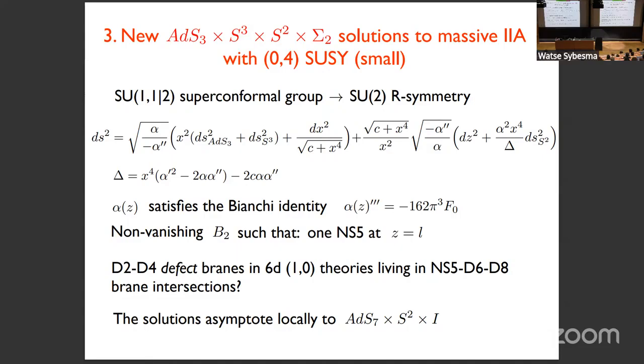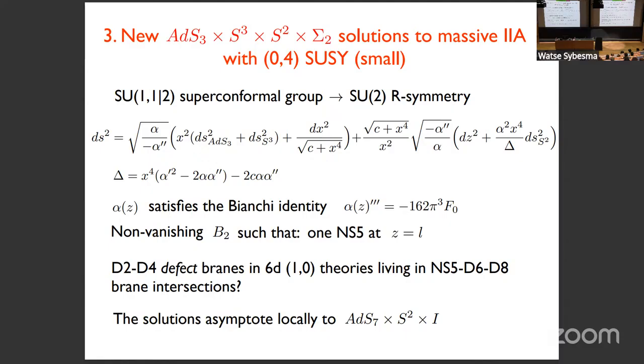So you have NS5 branes located at Z equal an integer. In the Tomasiello solutions, you also have D6 and D8 branes, and the field theory that lives in this intersection is 6-dimensional, a 6D (1,0) theory, which flows to a CFT in the UV, and this is the one that is dual to the Tomasiello solutions. Here we have extra fluxes, which are associated to D2 and D4 branes, which are in this case the defect branes, which break the supersymmetry by a half, and which also render the full brane intersection